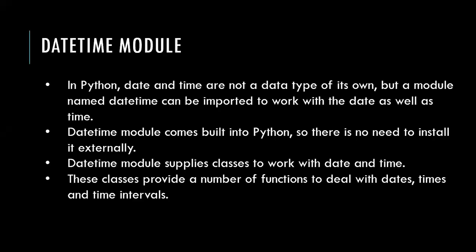what is the importance of the datetime module here in Python? Because in Python we don't have any data type to declare the date and time, right? So instead of that they have provided one default module, right? If you want to display the current date, you can do that. And if you want to give some date, like for example your own date, right? Some POSIX date, all those things you can fix. So for that, to work with all the date and time functionality, they have given one module called the datetime module.